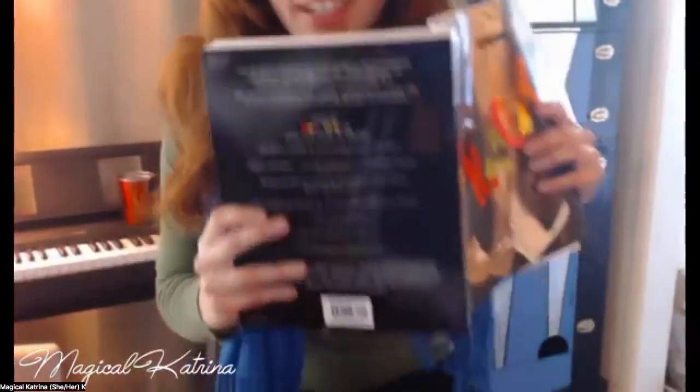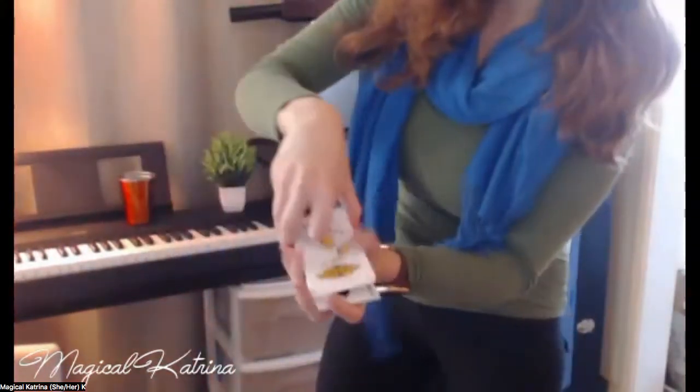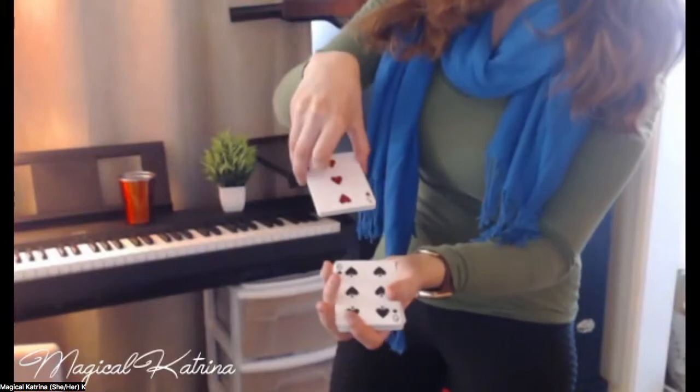This one is called the Hindu color change, and it is on page 53 of this book, if you have it. I'm going to show it to you. You should have two different colored decks. I'm not going to teach you how yet. I'm going to show it to you so you have that mysterious wonder, and then I'm going to teach you. I have this pink deck. You might have a red one or a blue one, but basically I'm going to do a Hindu shuffle, show you all the different cards,